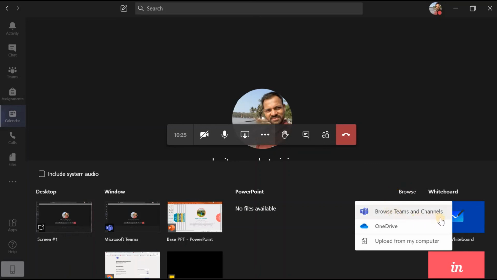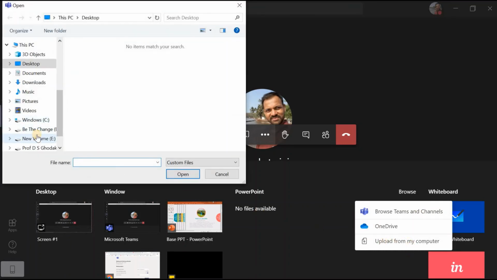Browse from teams and channels, meaning some information or files which we have already shared with any other team. If you want to extract that information and share it here as well, you can select this option. If you want to upload that file from your OneDrive, that is also possible. If you want to upload that file from your computer, that is also possible. Okay,